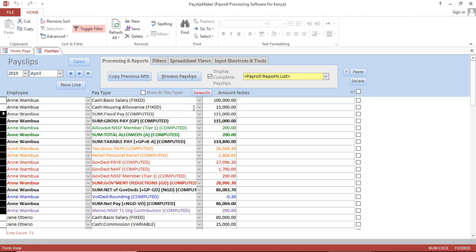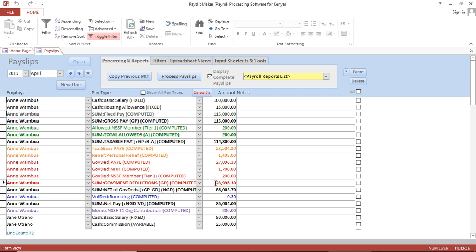Okay, and it includes a fixed pay component. If she had a variable item, you would see a variable pay. It has her gross salary. It has done for her an allowed, which is NSSF. And it has calculated her PAYE, her personal relief, her net PAYE, NHIF, NSSF. And you can see all of them have different colors based on category. Total government deductions are sitting down here. Then you have the net of gross pay minus government deductions